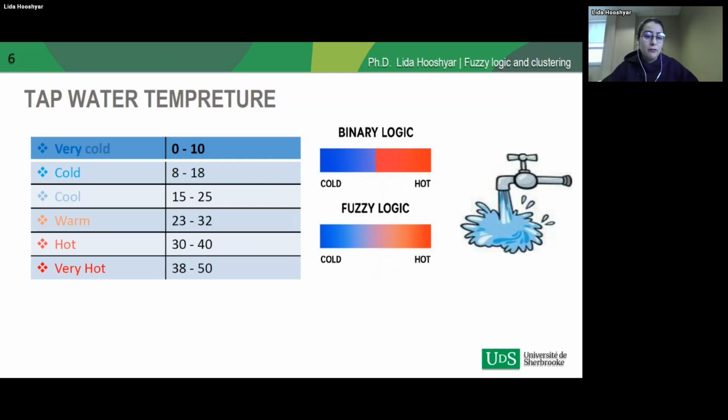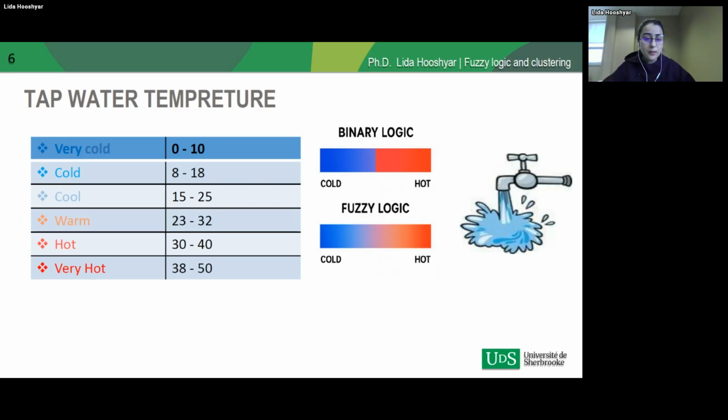Temperature, from different perspectives and points of view, could be very cold, cool, warm, hot, very hot. But take the cool water I'm talking about: the exact meaning of cool comes from two individuals' minds. For example, one says that the water is cool, but how can we be completely certain what the degree in Celsius of this water is? So I would like to highlight that uncertainty is all around the world, and this uncertainty increases